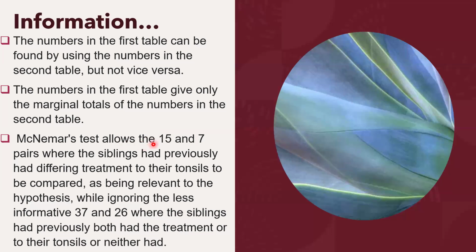So the McNemar test allows the 15 and 7 pairs, where the siblings had previously differing treatment to their tonsils, to be compared as being relevant to the hypothesis. That is, that Hodgkin's disease would not occur in the patients who have had a tonsillectomy, while ignoring the less informative 37 and 26, where the siblings had both had the treatment to the tonsils or